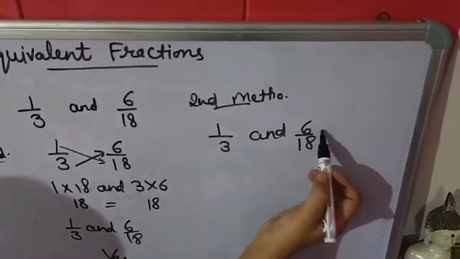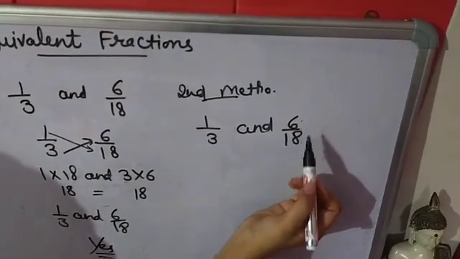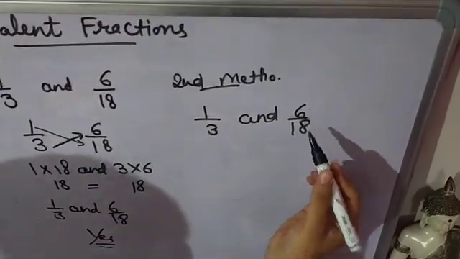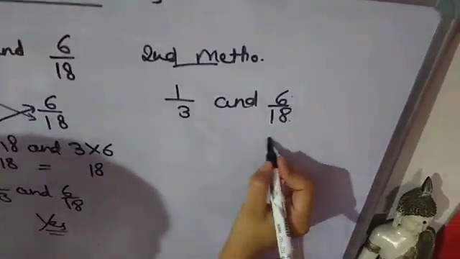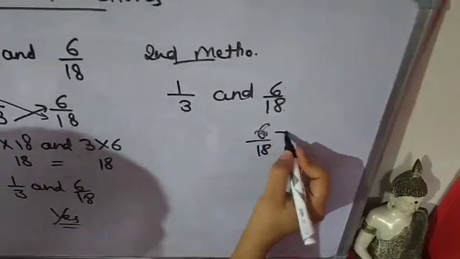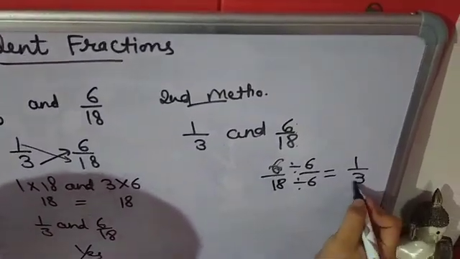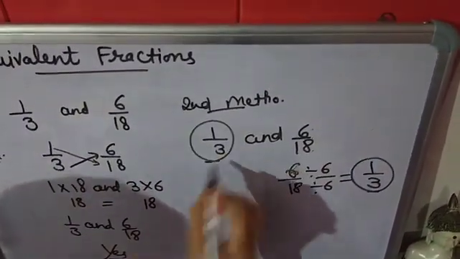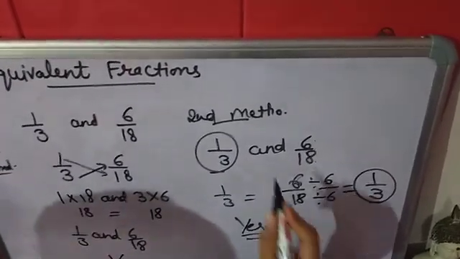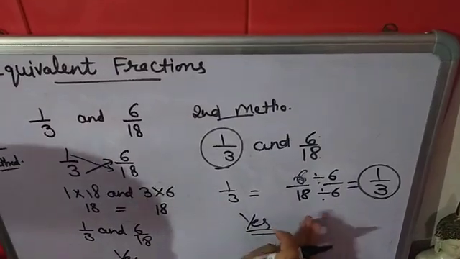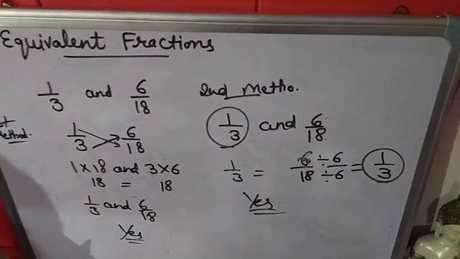Next is 6 upon 18. Now we will check whether 6 and 18 both come in any table. Yes, both are divisible by 6. So we will write here 6 upon 18 and both numbers are divisible by 6. 6 1s are 6, 6 3s are 18. So here 1 upon 3 is coming. Here this is also 1 upon 3. Both are equal. It means yes, they are equivalent fractions. So in this method you have to cut fractions by the same number, and in the other method you have to cross multiply.